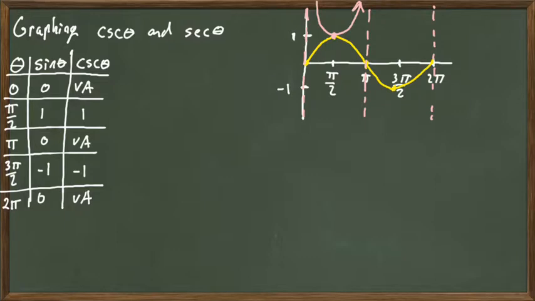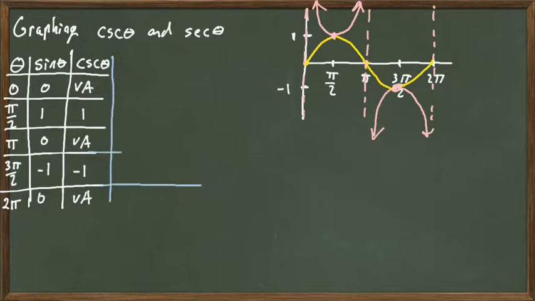Okay, and then we also have the similar characteristic at 3 pi over 2 and minus 1, and then it will also be down. So again, right here and right here, you're going to have a small negative. So 1 divided by a small negative is going to be a large negative in terms of absolute value, or a very negative number, and so that tells us we're going to be going down like that. Okay, and we're going to use a similar argument when we graph the cosine and its reciprocal,